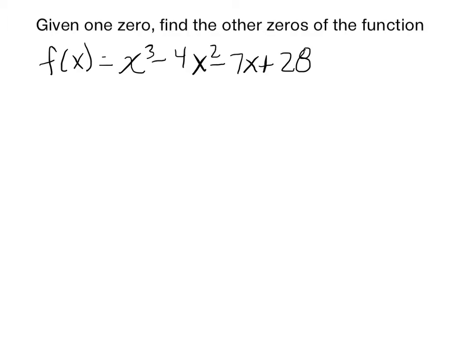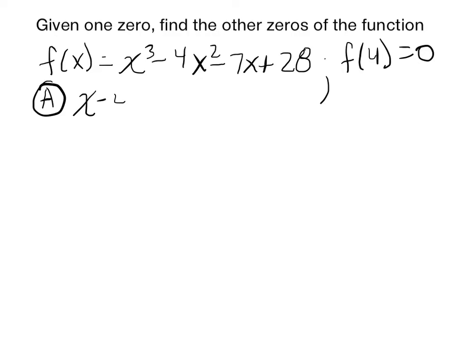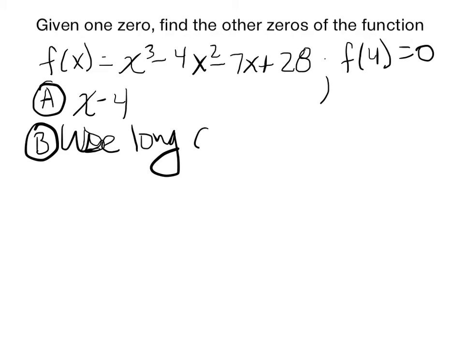So let's say that we have this function, and let's say that we were given one of the zeros is, I don't know, f of 4. So 4 is one of the zeros. The first thing that we want to do is get the factor. Now the reason why we need to get the factor is we're going to use long division in order to factor this polynomial. And we need to factor the polynomial